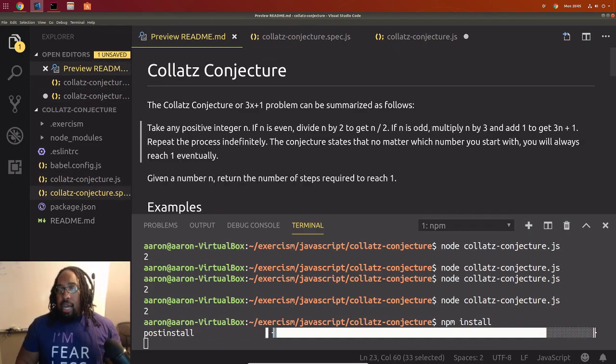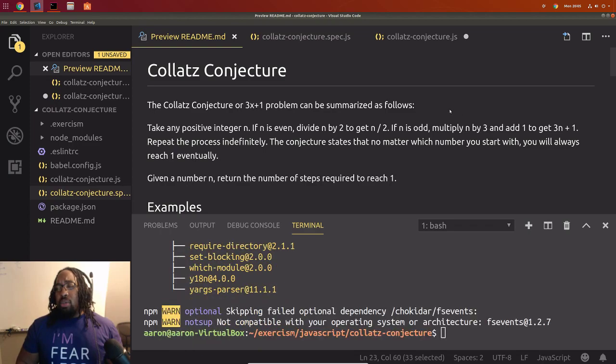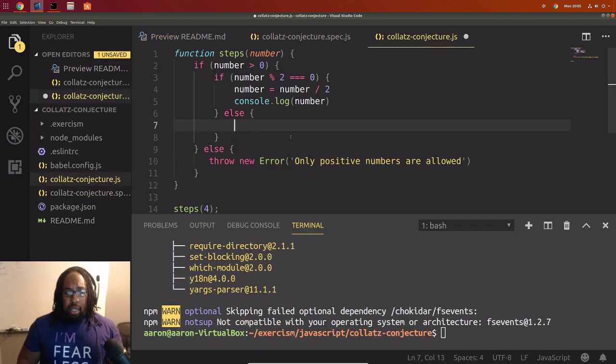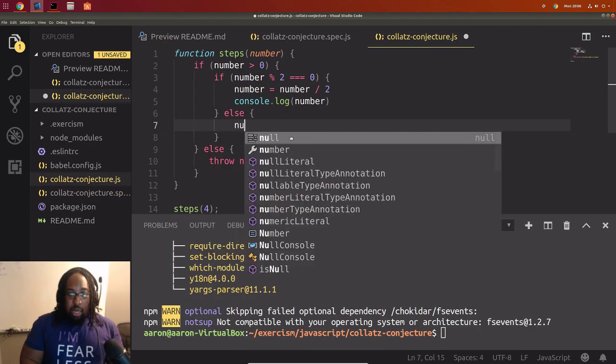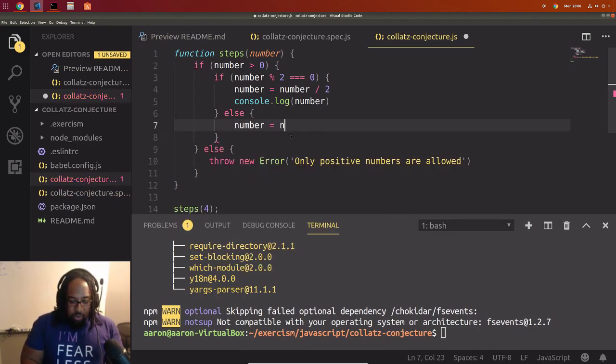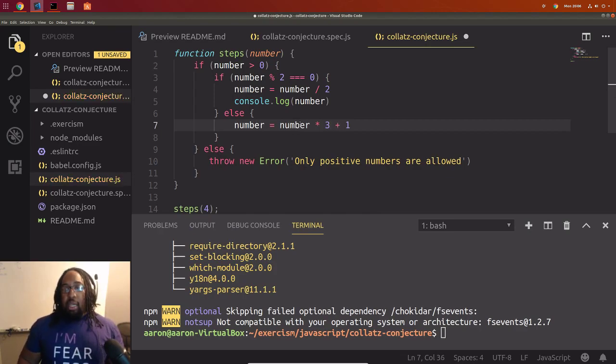So for all the odd numbers, we are going to multiply n by 3 and add 1 to get 3n plus 1. Cool. So else, we're going to do number equals number times 3 plus 1. Pretty simple.